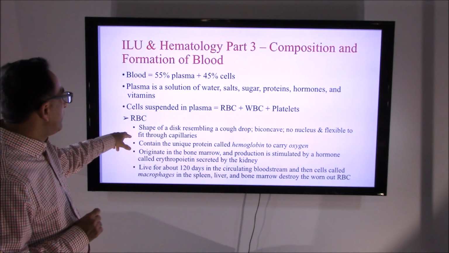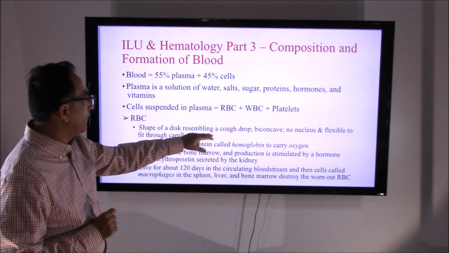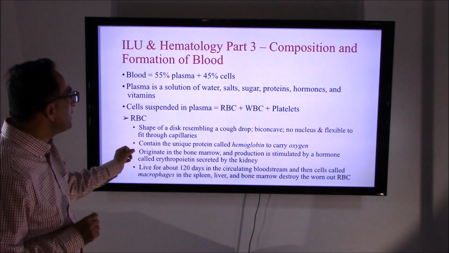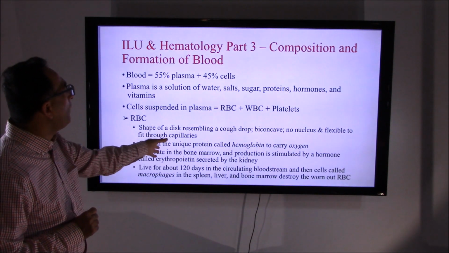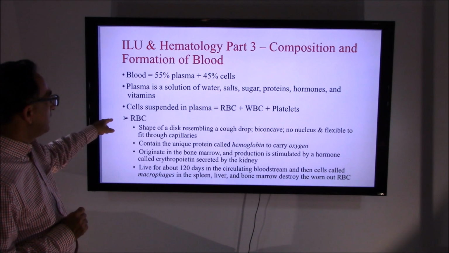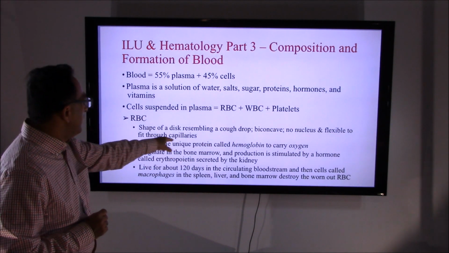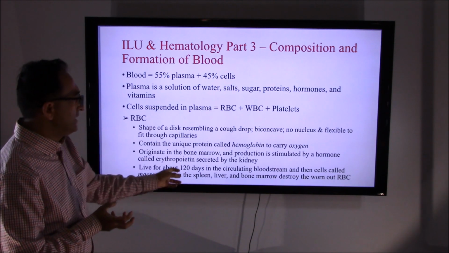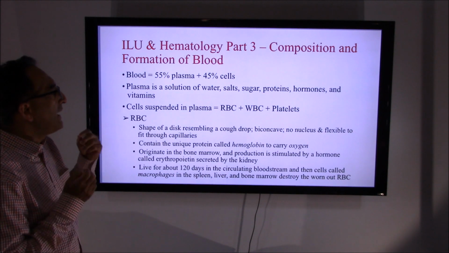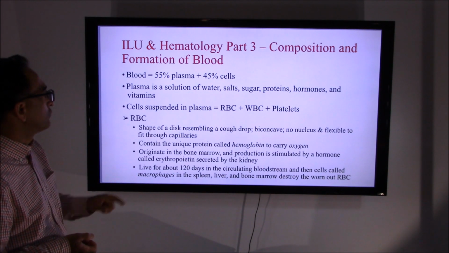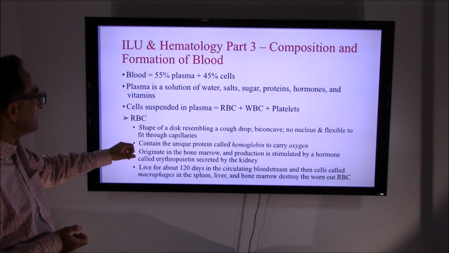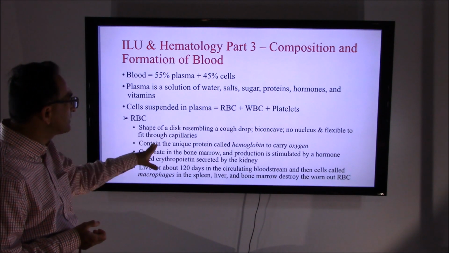So, without the nucleus and being so flexible, the RBC can reach even the tiniest capillaries. Because remember, RBC has a unique protein called hemoglobin, and oxygen is needed everywhere in our body. So it has to reach everywhere. There is no nucleus, and they are so flexible they can reach even the tiniest capillary that we have